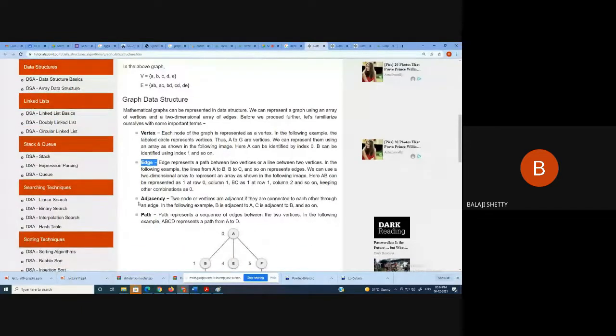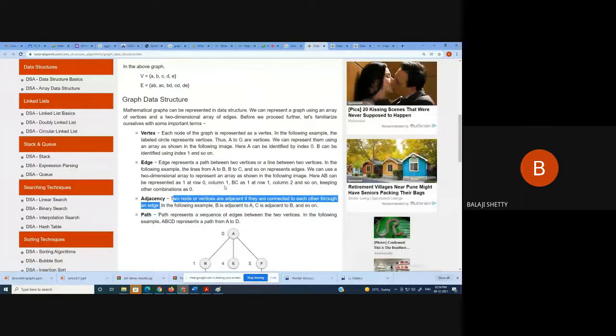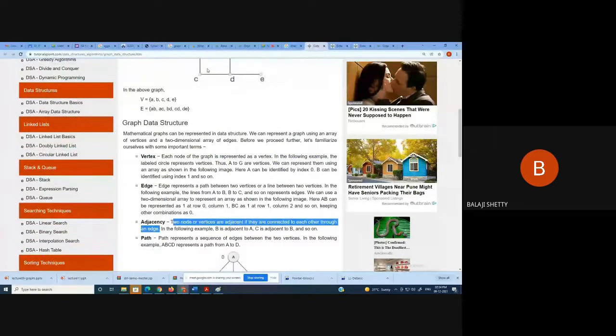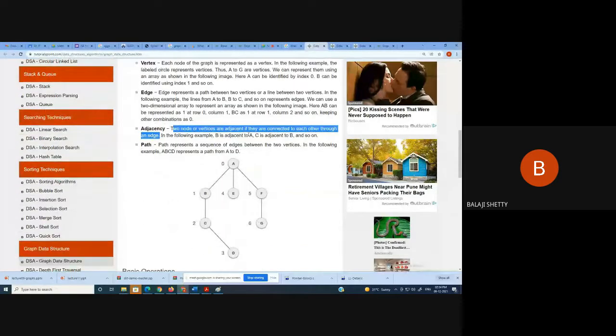Okay, adjacency means two nodes or vertices are adjacent if they are connected to each other through an edge. So adjacency means if there is a path from one node to another node, directly or indirectly, it's called adjacent, म्हणजे शेजारी.